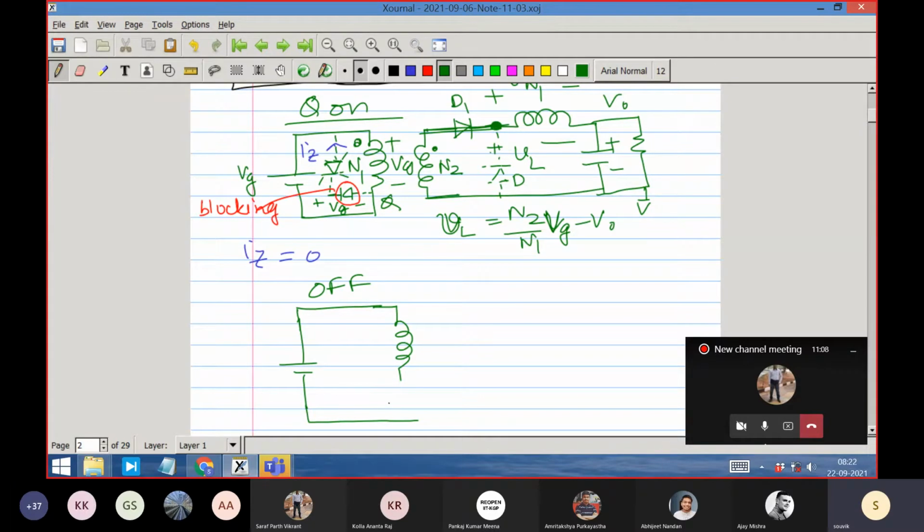But in order to do the flux balance, there has to be some magnetizing current flowing through the transformer. So what will happen is there will be a magnetizing current. This current is not load current, but let me first do it a little. Let me just not use plus minus here. Plus minus can be used as a convention, but I am drawing the actual voltage. So actual voltage is this.